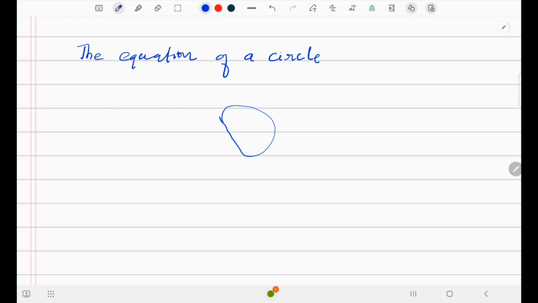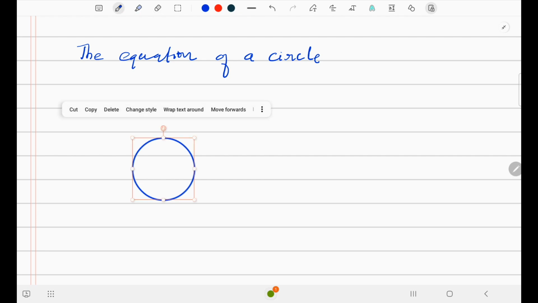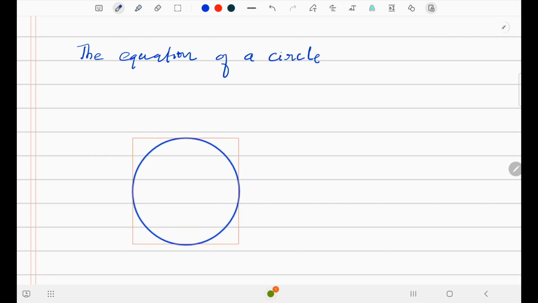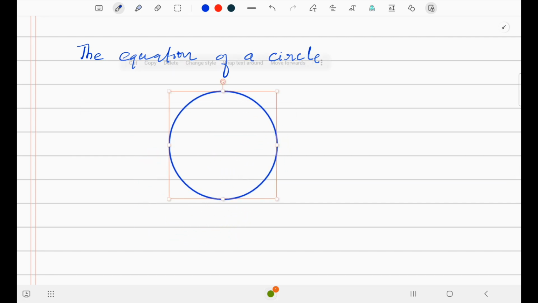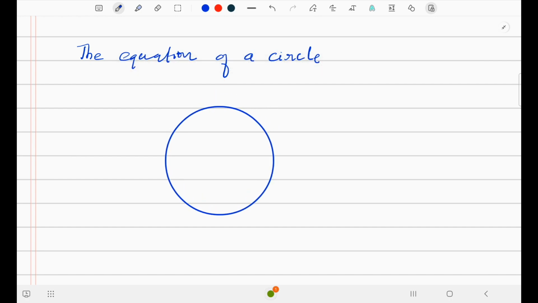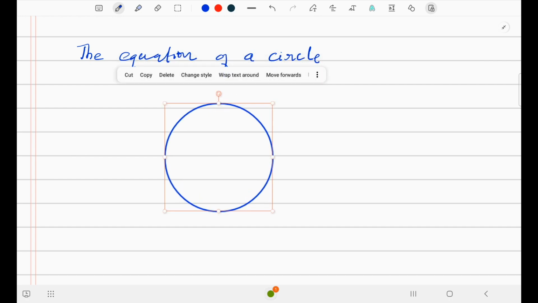The circle is not drawn. Yes, good. Let me erase this one. Let me have a bigger circle. Now, what I want to say, assume that